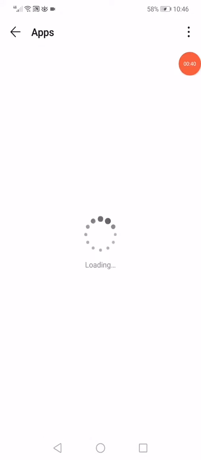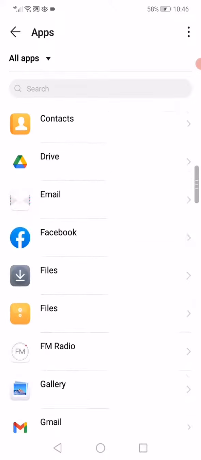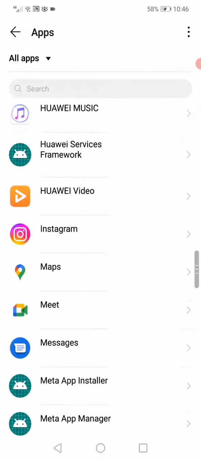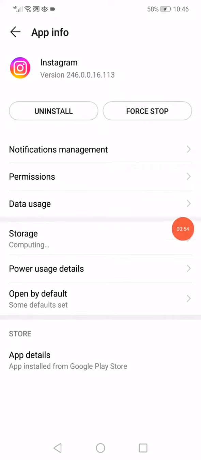Go to apps. Now here all you have to do is very simple. Just wait a few seconds, it will start loading, and then scroll down until you find Instagram. After you find Instagram, now all you have to do is click on force stop, and then go to